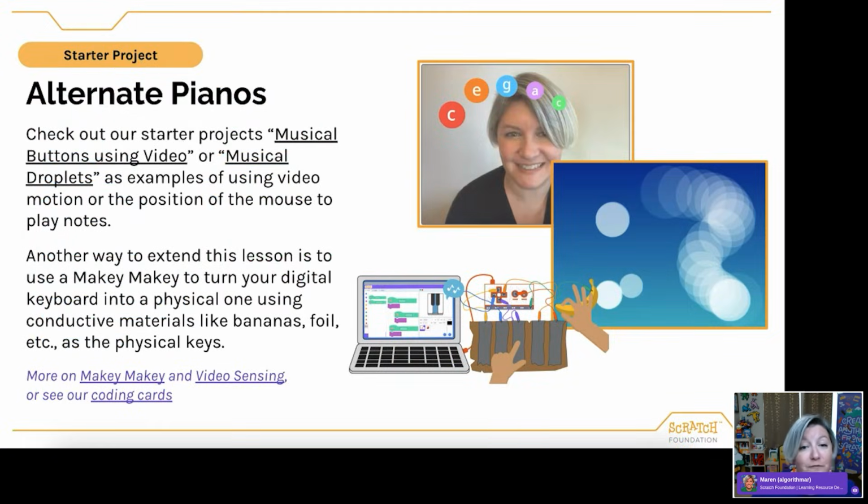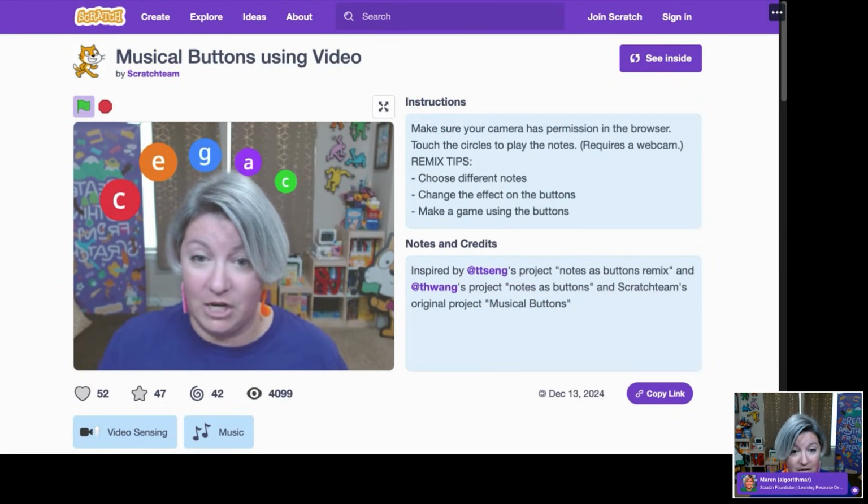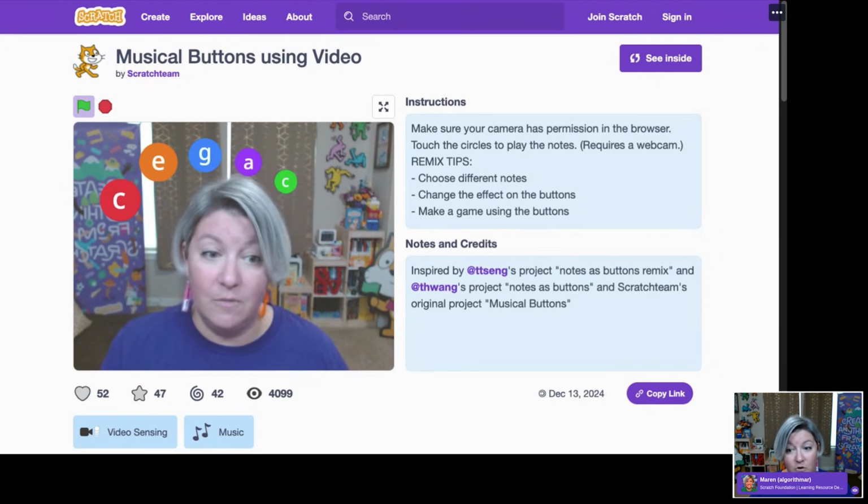And another really fun way that I actually love to engage with instruments on Scratch is to think about alternatives. So this uses my video motion. Again, it's not capturing an image of my face or any of my data, so this is very safe. But what it's doing is it's sensing the motion on the screen. And as I move past the buttons,